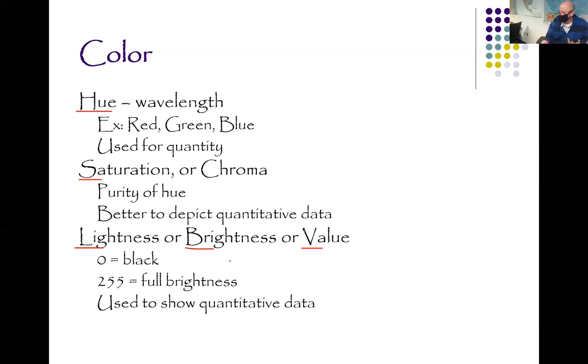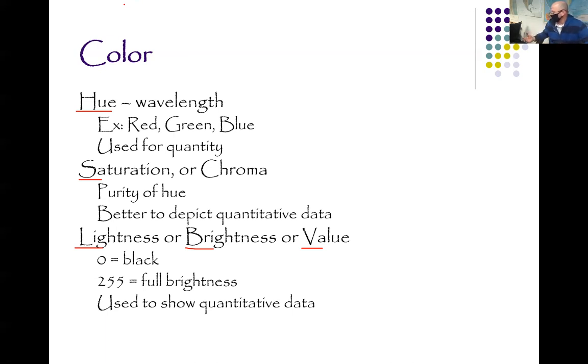Hue refers to the wavelength of the light, right? So this mouse pad, I would say it's blue, and now I'm talking about its hue. That's the wavelength that it doesn't absorb, that it reflects back, while absorbing most of the other light. So all the red light coming out of these lights gets absorbed by this material, and it reflects the blue, so I get to see the blue, more or less. So that's hue. And the saturation is how